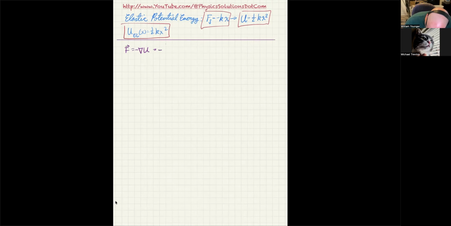I'm going to put out some curly brackets, and the x component of the gradient is i hat times the partial with respect to x. Remember, the gradient is supposed to have a blank spot next to it, where in this case it happens to be the function U. I'm just leaving the space so you can see what the gradient would look like,